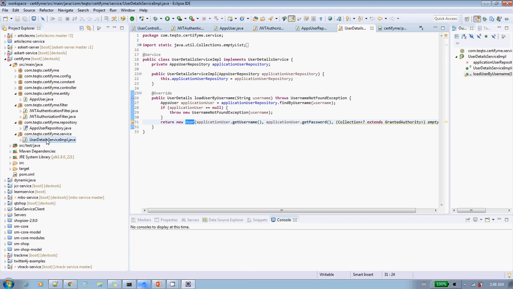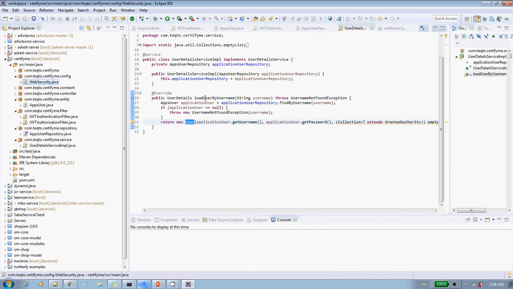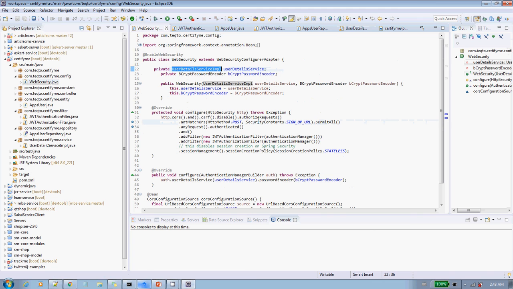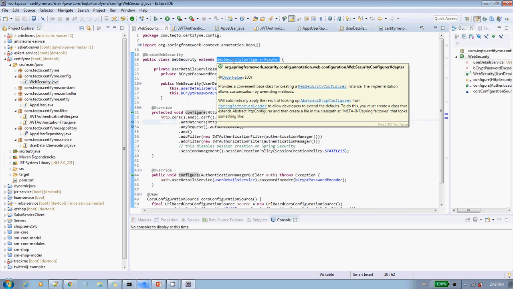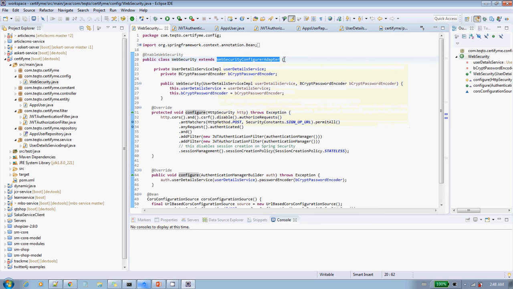After that, we have one most important class, WebSecurity Java. It's a class that extends the WebSecurityConfigurerAdapter. In this class we have a configure method that we override.